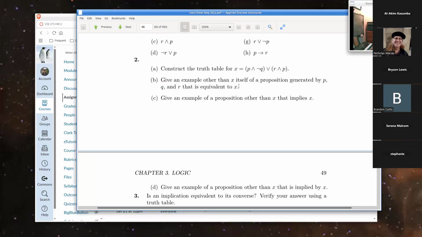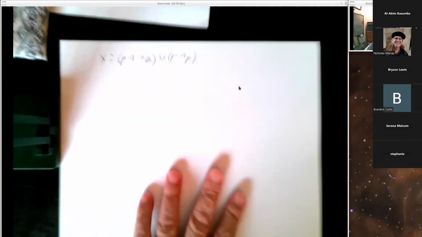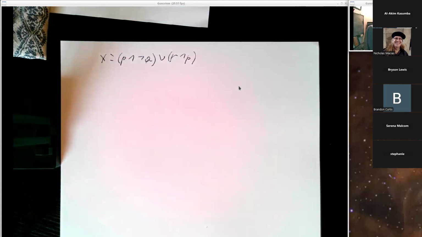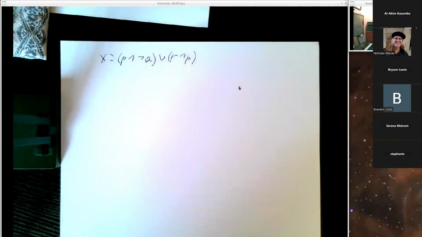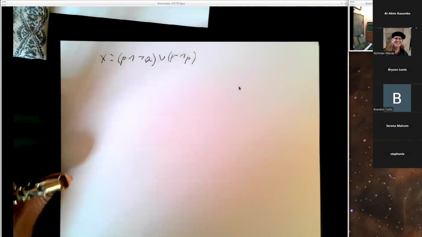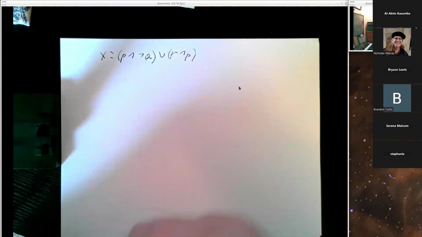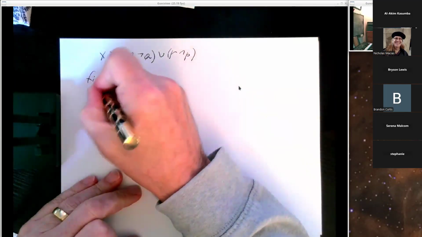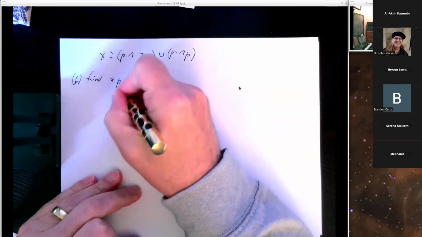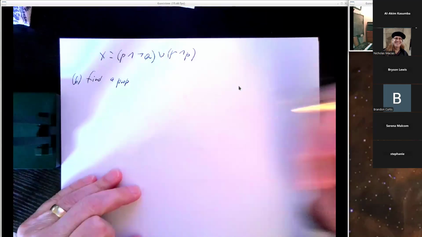So let me write this down on paper and switch to my camera. So P and not Q, or R, P. All right. So that's our original proposition X. So write a truth table for part A. Part B, we want to find a proposition. I don't know, I can call it Y,